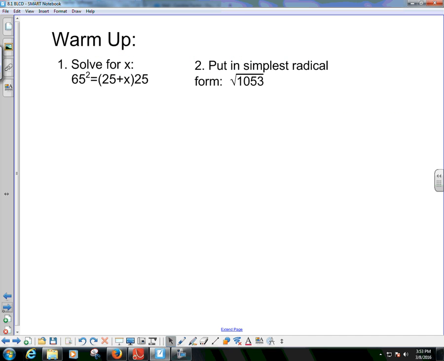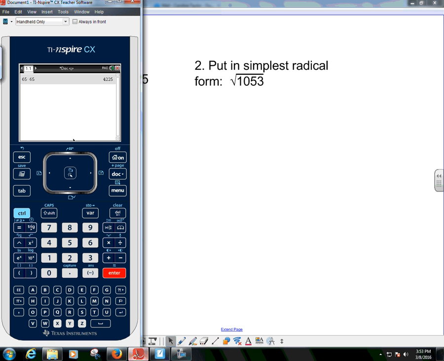So let's get started. We're going to do some warm-up problems that are directly related to the skills that we need to have to be able to do our work today. So the first one we're going to do is solve for x. I don't know about you guys, but I don't know what 65 squared is off the top of my head. I've plugged it into my calculator. I get 65 times 65 gives me